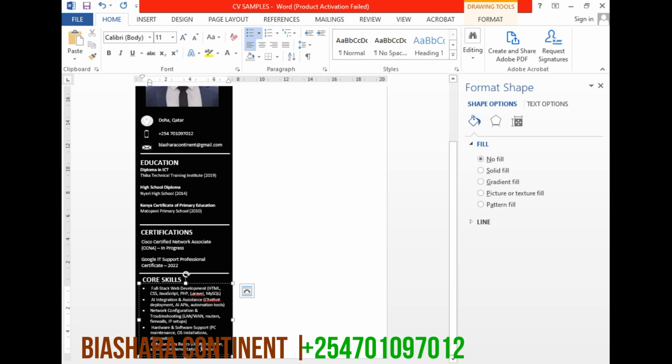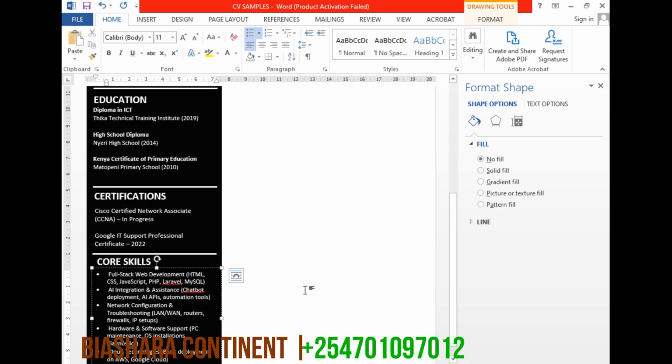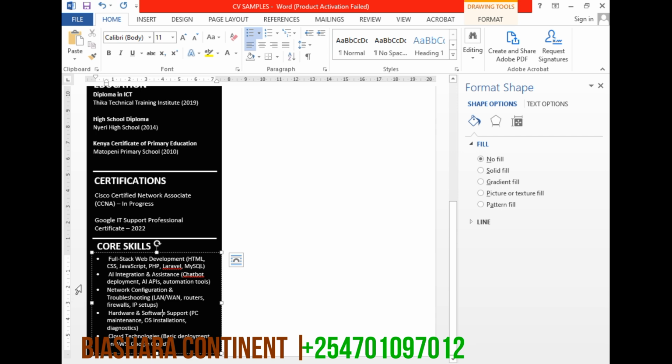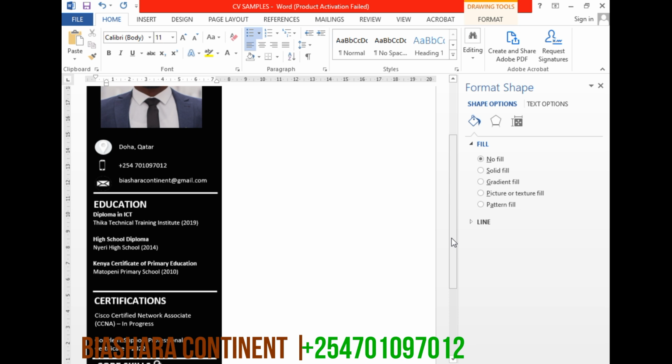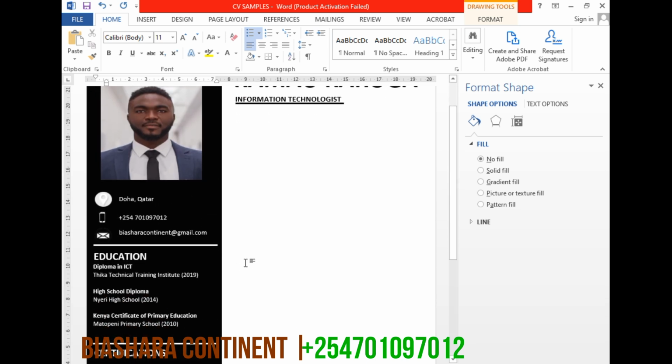So delete that. Cloud technology, at least that is being shown. So well and good, let's click up to there, delete. Yeah, there you go. Then from there, as you can see, we have our skills. The other important bit is the adding of